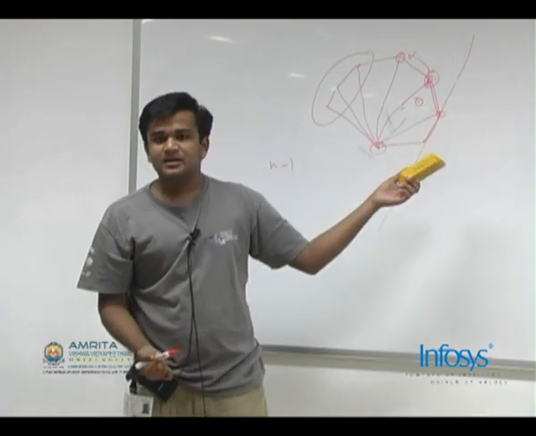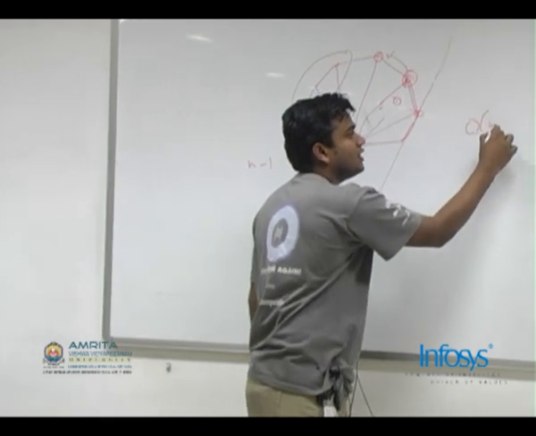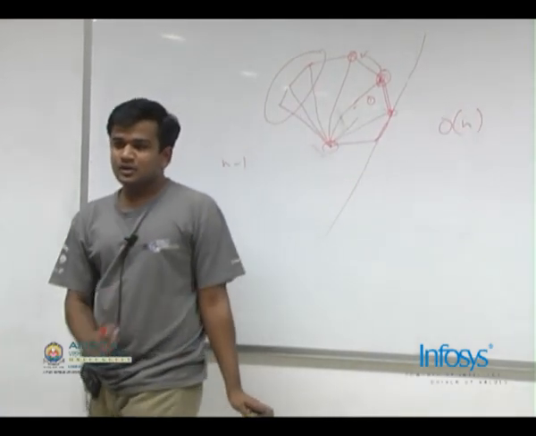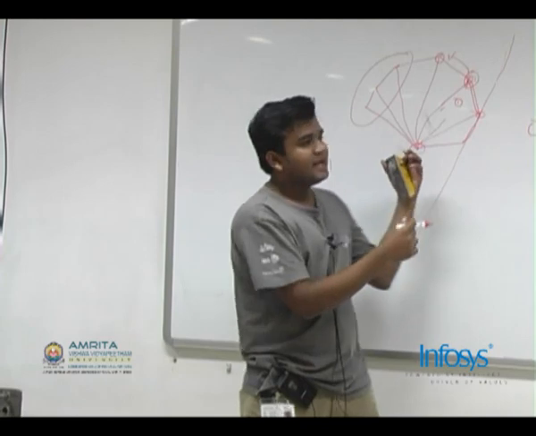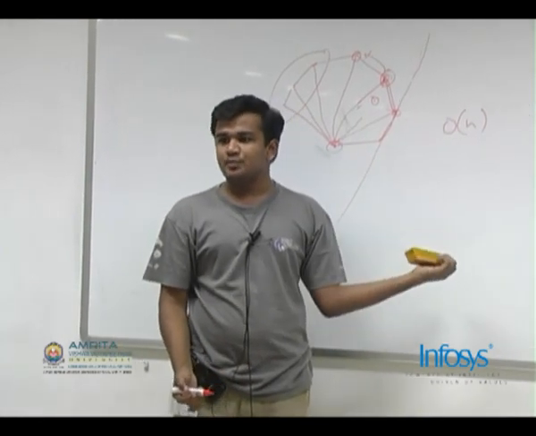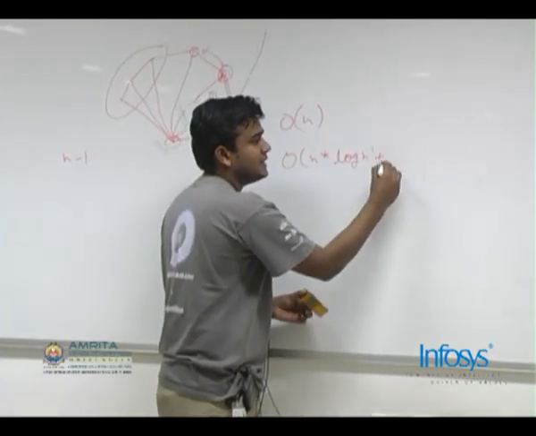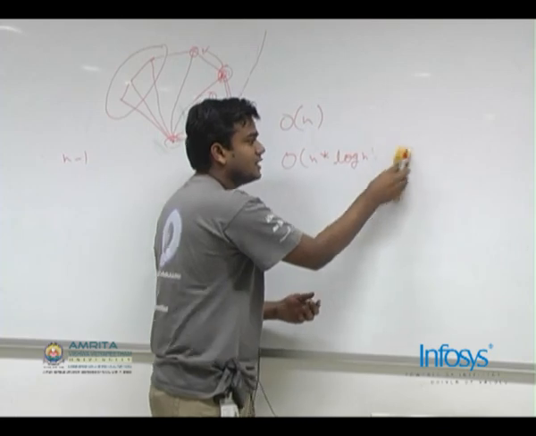So if I had sorted order, it takes order of n time for me to calculate the convex cell, and I obviously need another order of n log n to sort the points on slope. So our complexity is order of n log n plus n, so it becomes order of n log n.